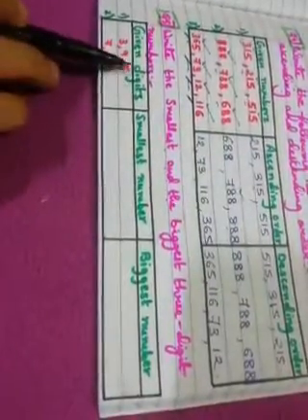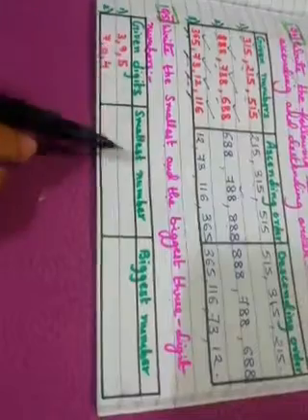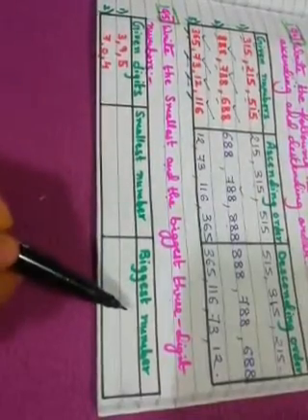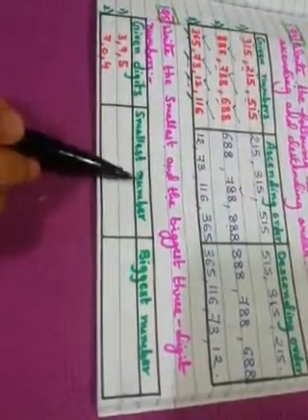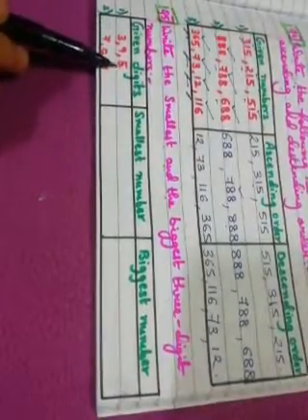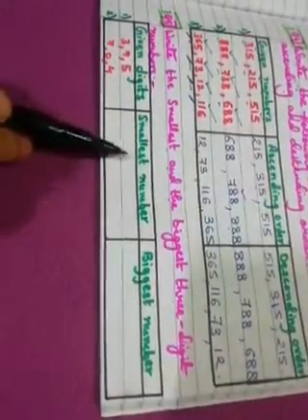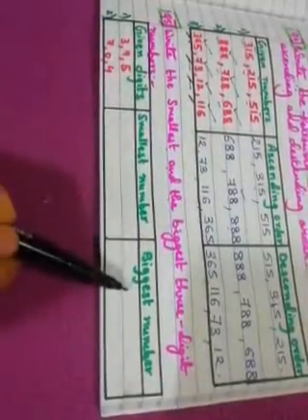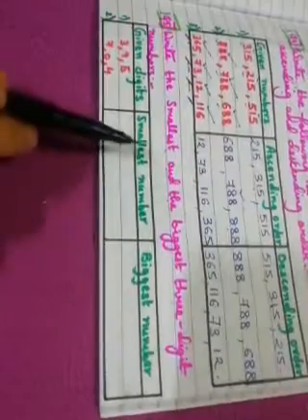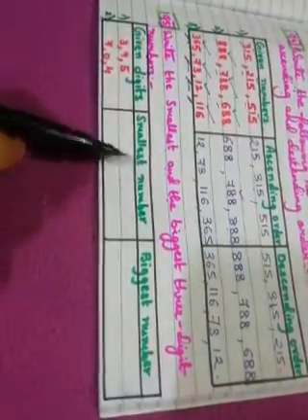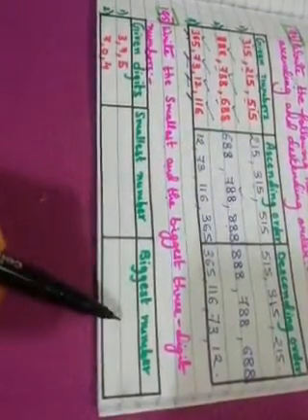116, 73 and then 12. Okay. Next question, children. Write the smallest and the biggest 3-digit numbers. Now here we have the given digits. We have to make the smallest number and biggest number. Children, when you are making the smallest number, you have to arrange these digits in ascending order. And when you are making the biggest number, you have to arrange the digits in descending order. Okay, I repeat, smallest number ascending order, biggest number descending order.